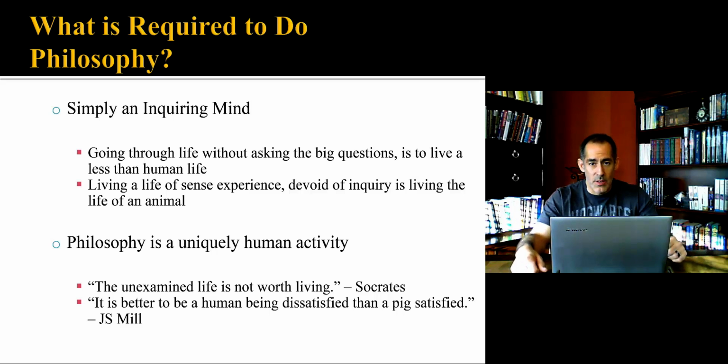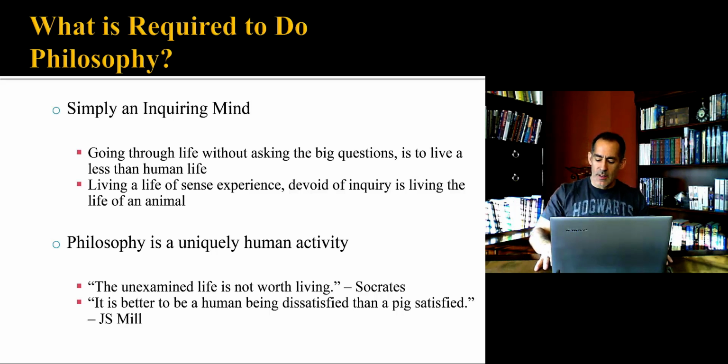John Stuart Mill, quote underneath, "It's better to be a human being dissatisfied than a pig satisfied." Because pigs may have all they need. Slop, mud, their basic needs met. But they're not contemplating life. Yet a human being has something more, perhaps, to what it means to be human, a different quality of life, Mill would talk about. We'll study Mill later on this semester when we study utilitarianism.